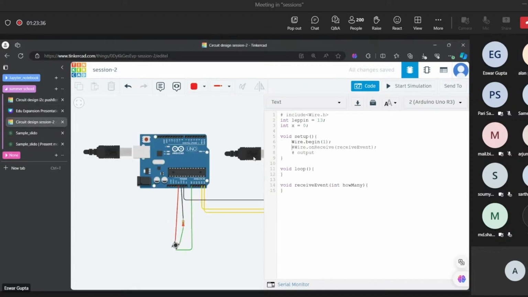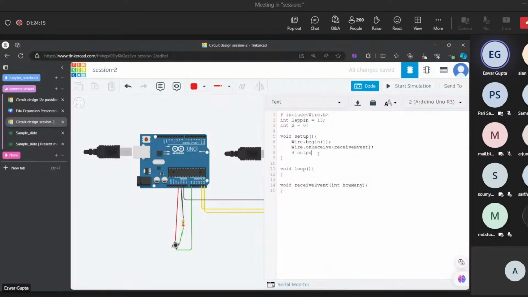And then Wire.onReceive. The name itself says onReceive. That is, when the data is received, a receive event occurs, and it executes this particular function. I will define that function down below. This is not something inbuilt; it is something that I define, so you can replace this name with ABC or something else. But I'm just saying that this is something that we defined. So first Wire.onReceive: whenever we receive the data, we need to execute this particular function. Got it? Okay, fine. We will define the receive function later.